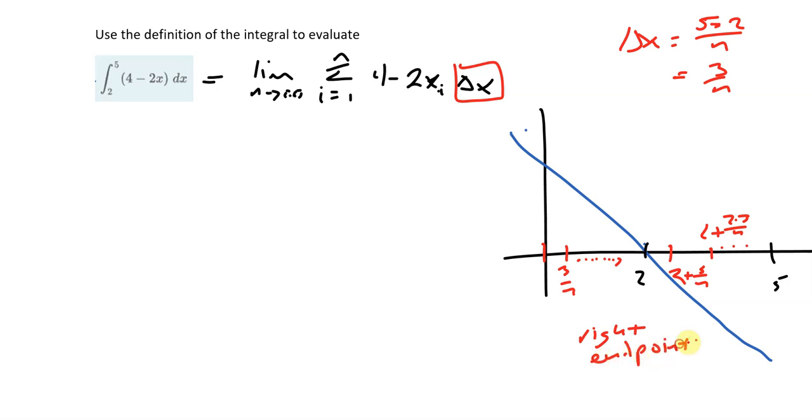And there's probably a couple of ways that you could go about doing this. So I think the easiest is we start at 2, and then we go over 1 of the 3 over n's, then we go over 2 of the 3 over n's, and we work our way down the list that way, right? So each of these endpoints,